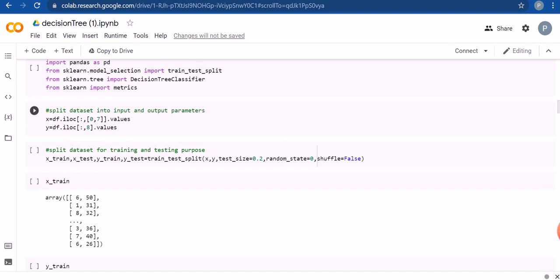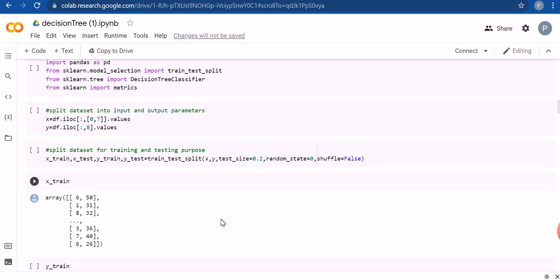Now after selecting the x and y values, that is the independent and dependent values, we will split the data into train and test using the train_test_split function. In this case, we give it the x and y values which you have segregated over here with the test size of 0.2. That is, 80% of our data will be reserved for training the model, and 20% of the data will be reserved for testing the model.